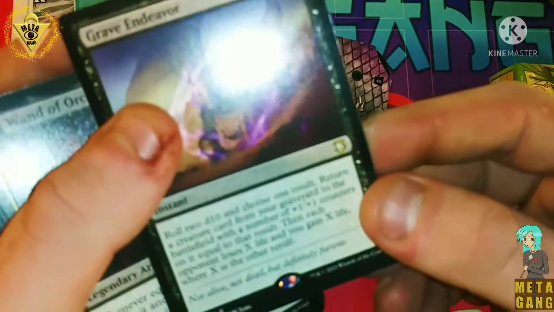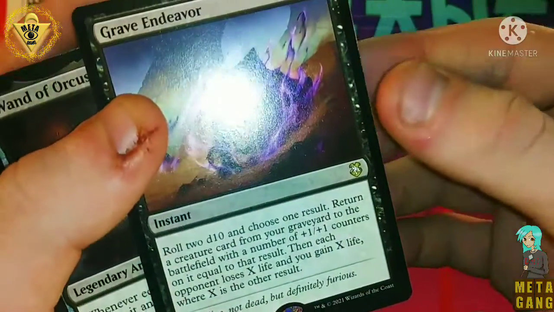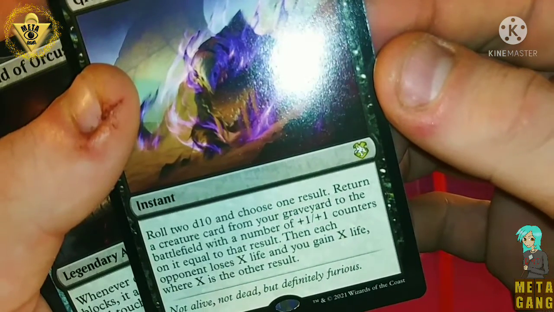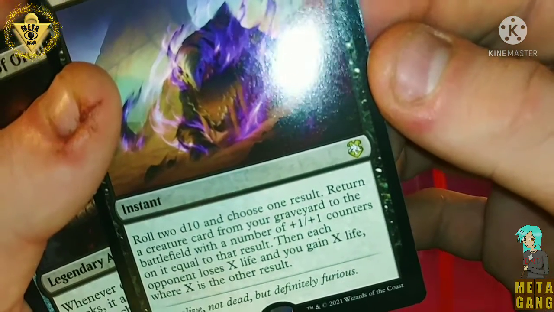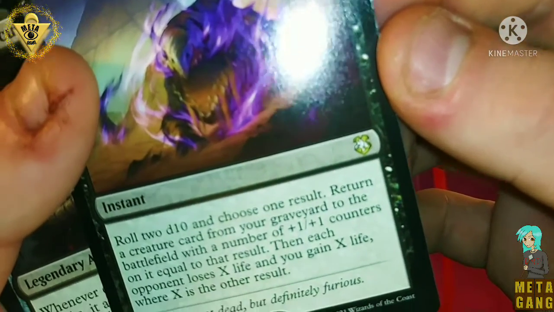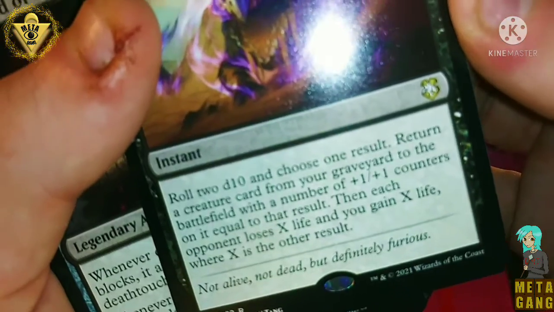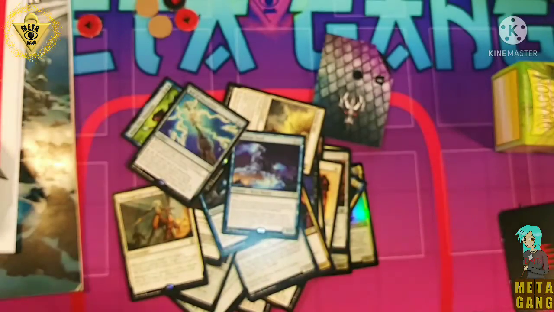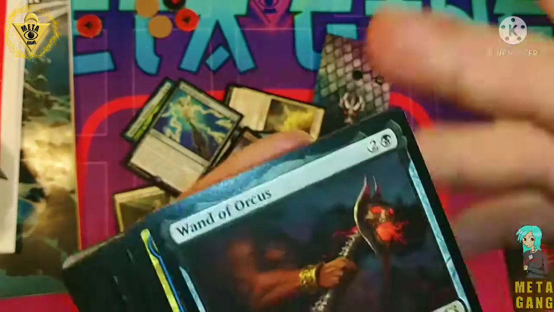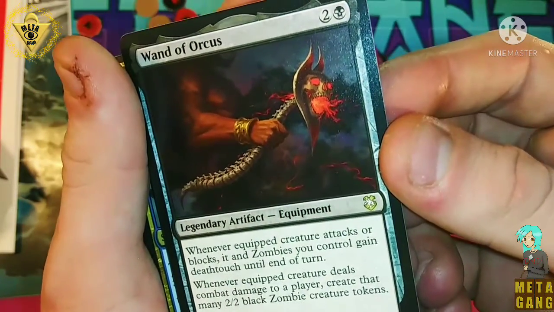That's too good. Here's one where you gotta roll, what, 2d10s? Is it really? Yeah. Oh, wow. Roll 2d10s, choose one result. Return a creature card from your graveyard to the battlefield with a number of +1/+1 counters on it equal to that result. Or I can make you lose X life and I gain X life, where X is the other result. Okay, well. Wow, this could be fun. It's not difficult or anything. And then here's the...